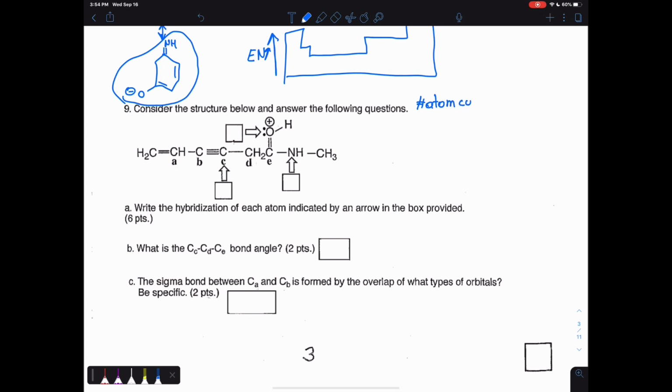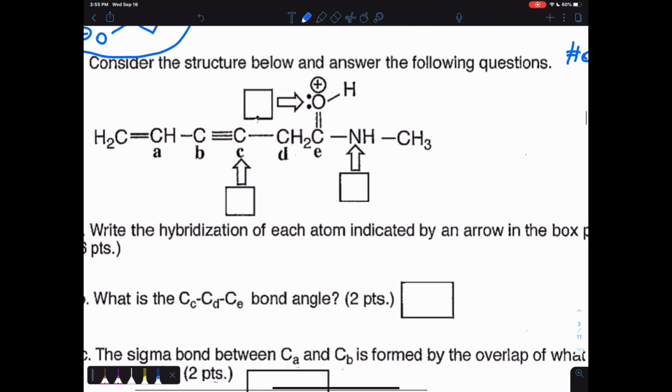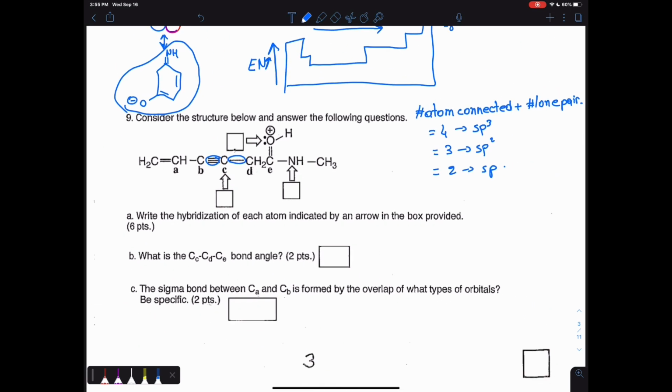connected plus the number of lone pairs, and depending on what this number is, so let's pretend this number is 4, then you know it's an sp3. If the number is 3, you know it's an sp2, and if the number is 2, it's going to be sp, and so on. And looking at carbon C with the arrow here, we know that it is connected to one carbon and another carbon right here and nothing else, so it has 2,